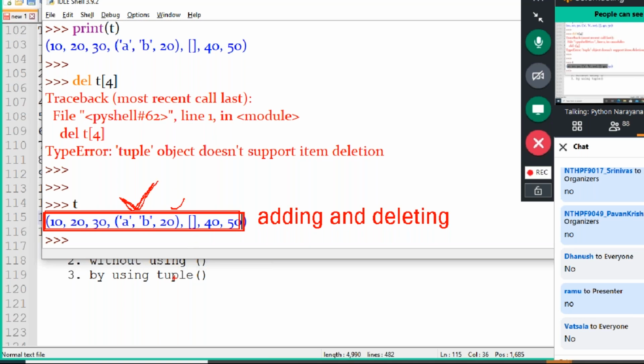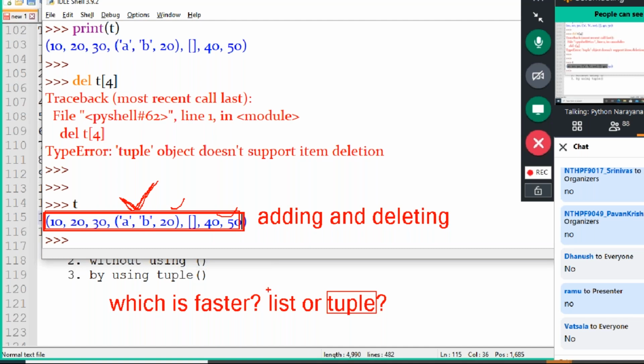This question is asked multiple times in interviews: which is faster, a list or a tuple? Generally, we say the tuple. Why is the tuple faster than the list? The tuple is static, which means it won't support adding or deleting elements. Whatever data you give while creating the tuple, the same data will be there.